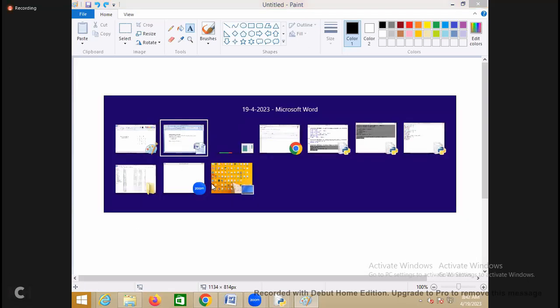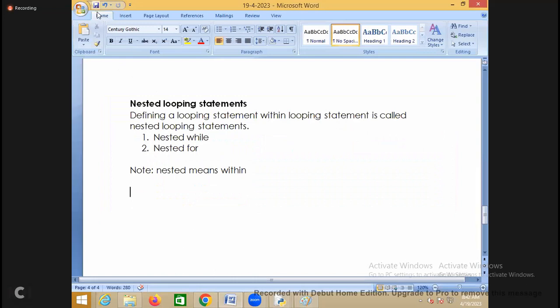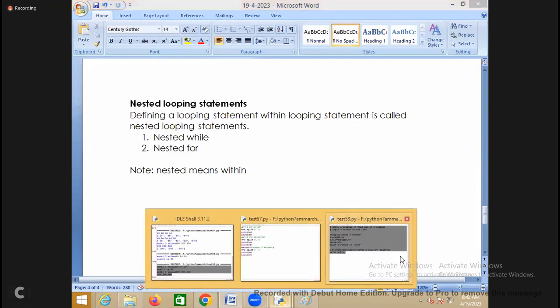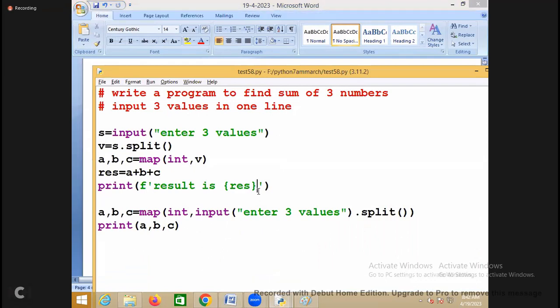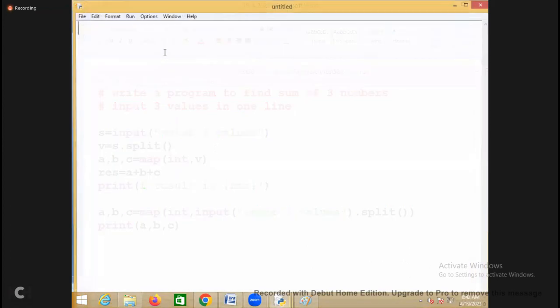Assume that it can be anything. Don't think that you have to write a while loop only inside a while loop and a for loop only inside a for loop. You can write a for loop inside a while loop and a while loop inside a for loop also. Nested means any looping statement you can write in any looping statement. There is no rule like that. For example, see here,